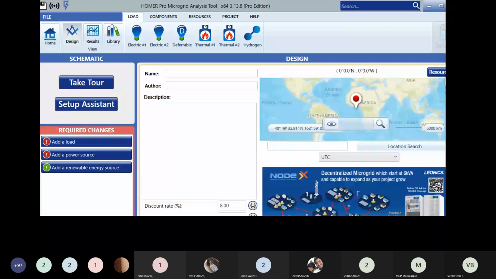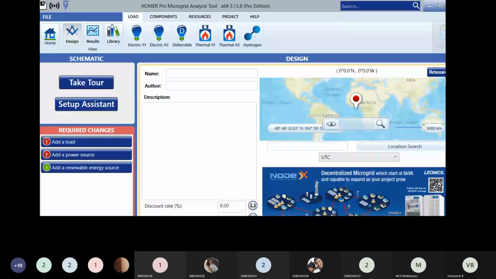This is not exactly an Excel sheet, but you are able to see that kind of format. Here you can enter your load variation for every month, total 12 months are represented. For each month, each hour, how your load is changing. If you have those values, you can enter them here.